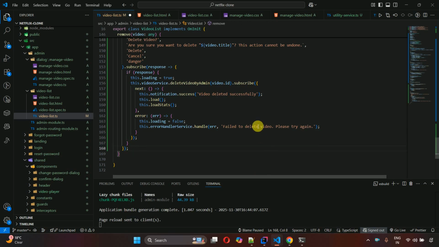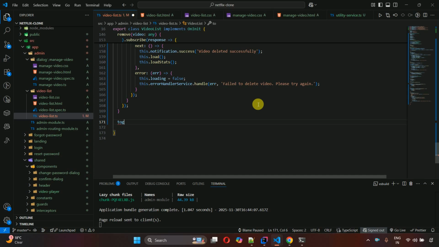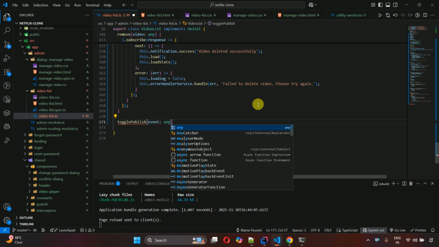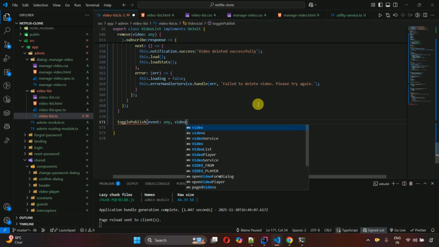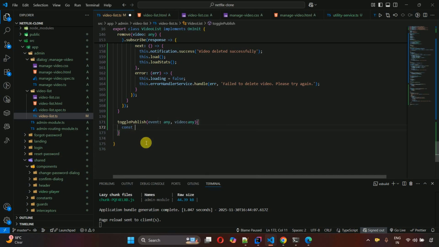Now move to the next method of this one, and that will be toggle publish. So there's a button, right? So we can publish and unpublish the particular video. So for that, just write toggle publish, and in this one event of type any, comma, video any, and in this one, const